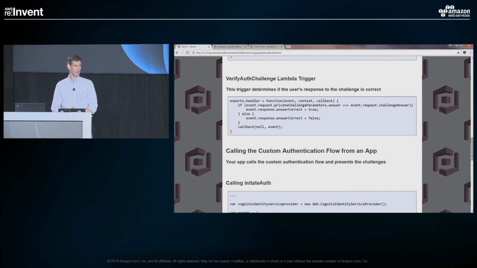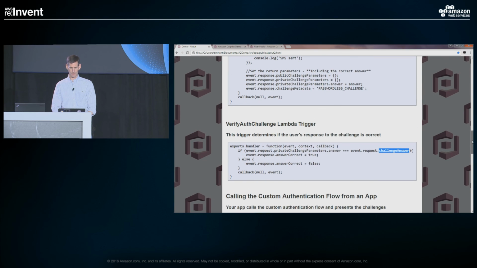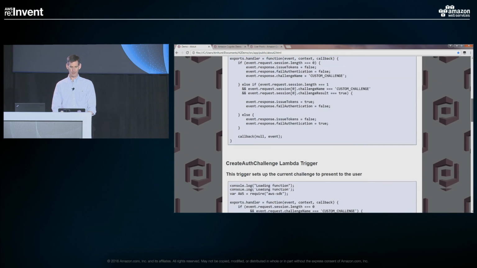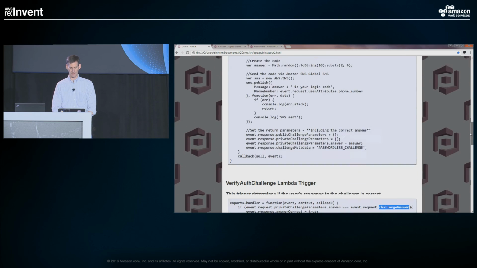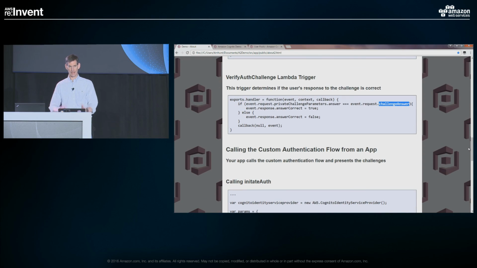And that brings me to my last Lambda trigger. So here, the really only operation I'm doing is this one right here, where I'm checking to see if the answer that I just put in the session matches the answer that the user just gave me. If it does, the answer is correct. Otherwise, the answer is false. And if you remember back on our state machine, it checks to see if the answer was correct. Then we're off and running. So that was it. Again, not a lot of work to actually add this custom authentication method. And that's it for the Lambda side on the server side.